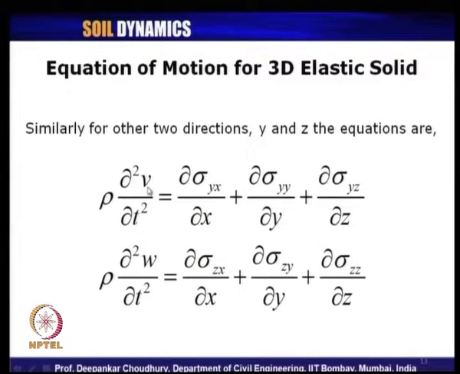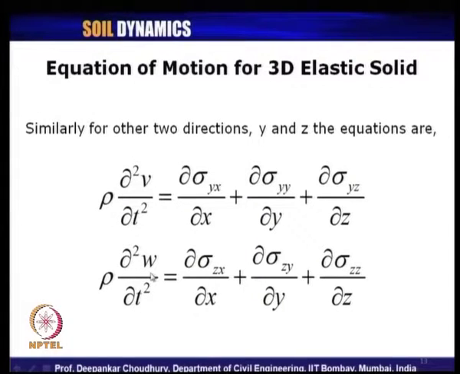In case of the x direction, this was u. In case of the y direction, the corresponding displacement is v. So, acceleration is del 2 v by del t square, times rho. We have used the symbol tau for shear stress. So, you can write here del tau y x by del x, plus del sigma y y by del y, this is the normal force component, plus del tau y z by del z, this is another shear stress component acting in the y direction. So, this is the equation of motion for the y direction.